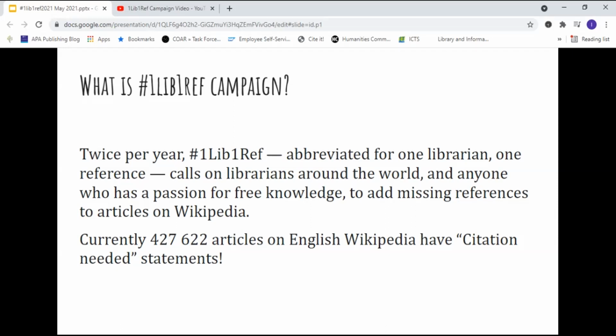And as you'll hear in the campaign, it's not just about adding those missing references to Wikipedia, because we are going to look at Wikidata as well. But currently on the English Wikipedia, there are 427, call it 428,000 articles that have citation needed statements.